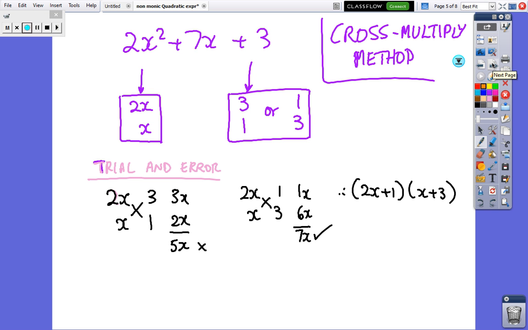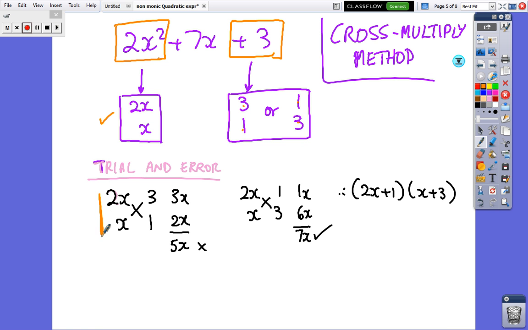So here's the technique, and it's called the cross multiply method. What you do, you write down what numbers and what terms multiply to give 2x squared, and the answer is 2x and x. What numbers multiply to give plus 3? The answer is it's 3 times 1, or it could be 1 times 3. At this stage it's just guess and check. It could be one or the other. So the trial and error part is,